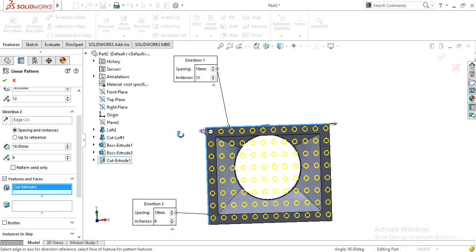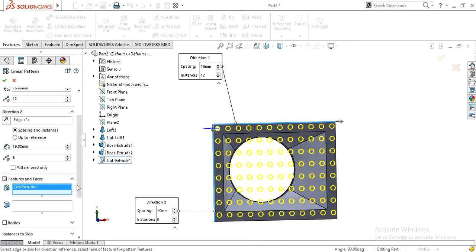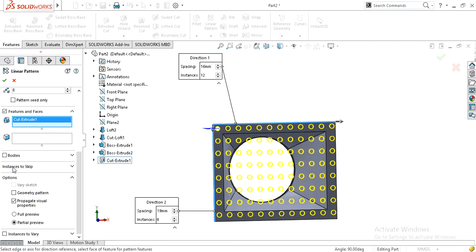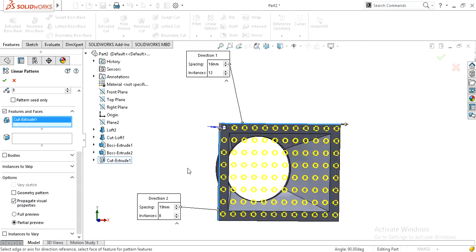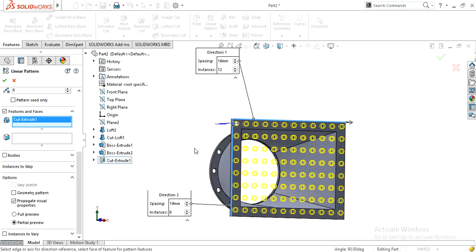Now as you see, I have an option here, instances to skip. Instead of selecting this instances to skip, I should make this okay, because there are no bodies on which this extruded cut will be done.